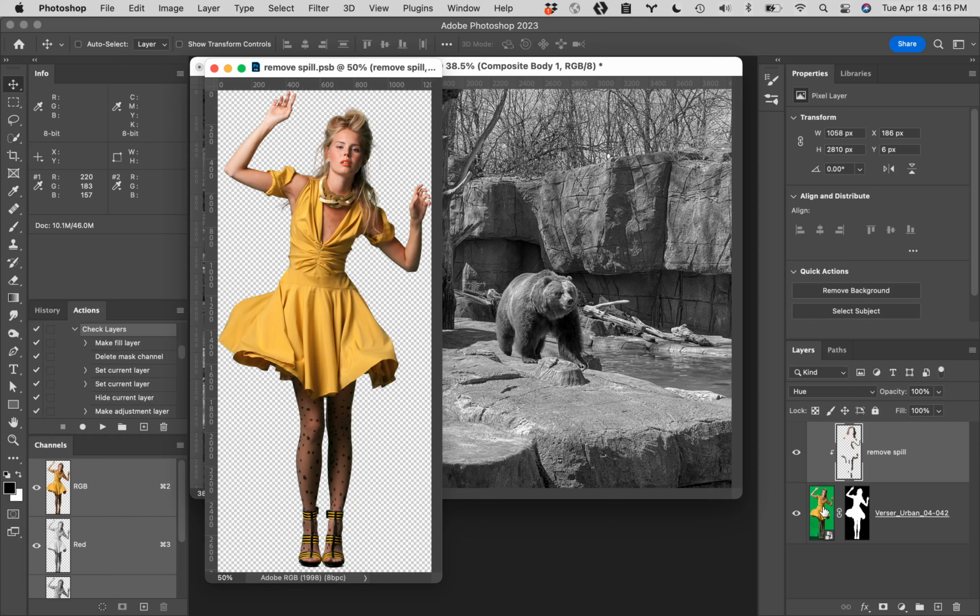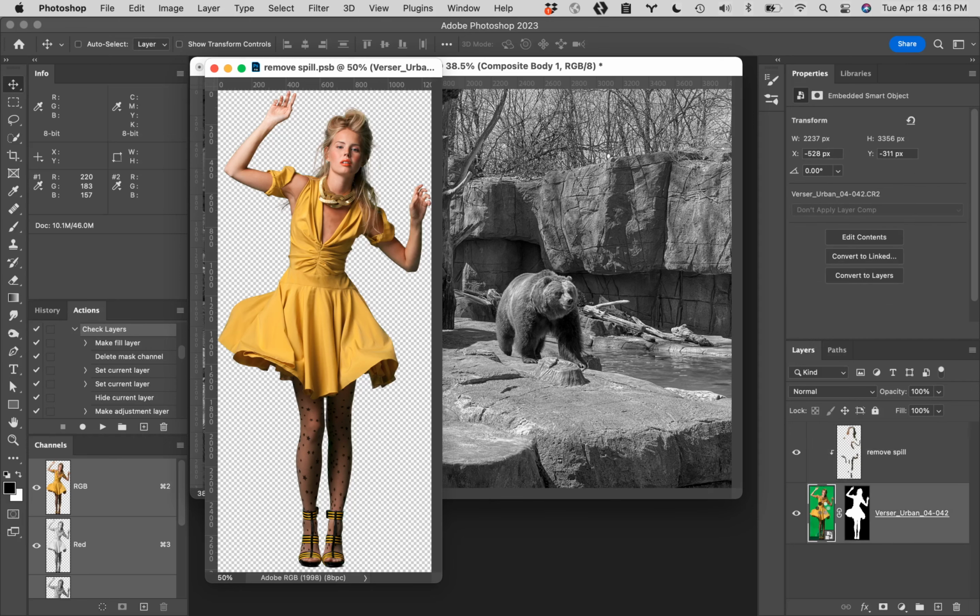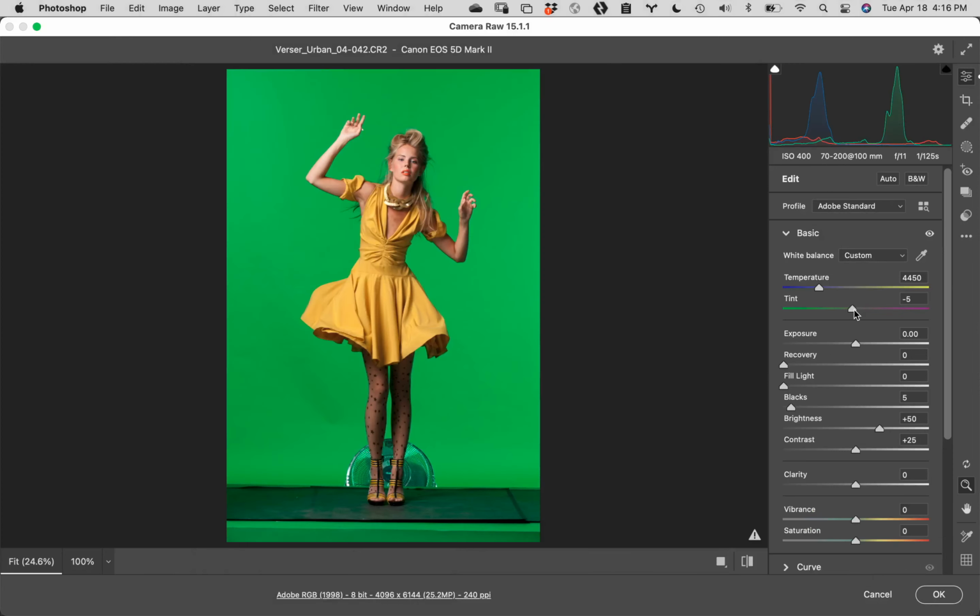Again, I've got the raw data for her, so when I double clicked on the smart object, it opened up the image file that I used to create the knockout. I'm going to double click on the green screen version of it to get to my raw data. This is how I actually figured out where the horizon lines would be. You can see the edge of this foam core is right here. This gives me a converging line, and so does this one right here. These lines simply drawn back established the horizon line and the vanishing point, roughly somewhere around her belly button area. But at any rate, I'm going to bump this a half a stop